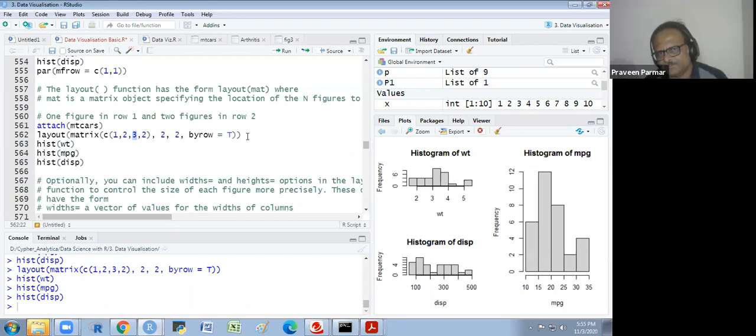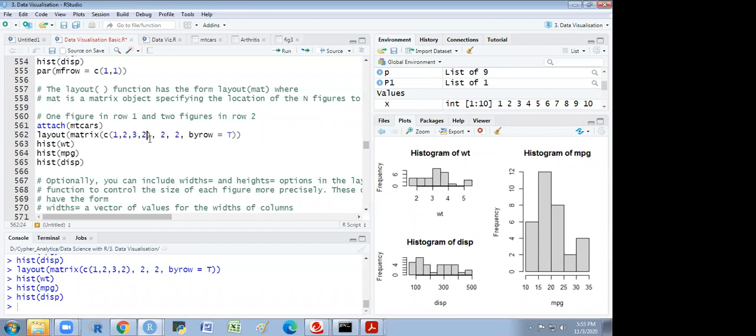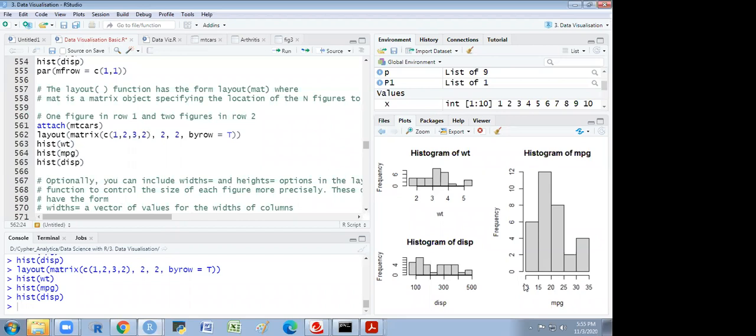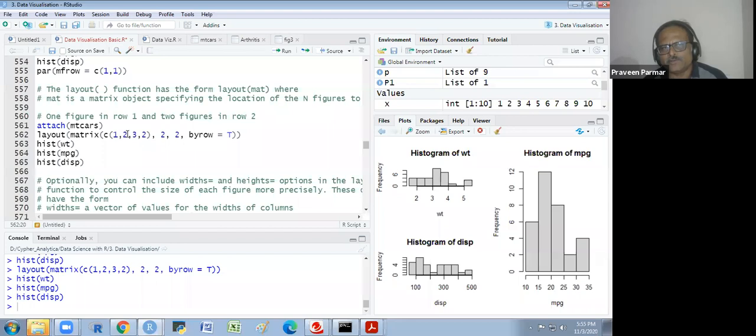It is by row, right? One, second, third, then again second. So the second will capture this whole plot area. Understand? The second person has purchased this plot and this plot, and will make a building on the whole plot.